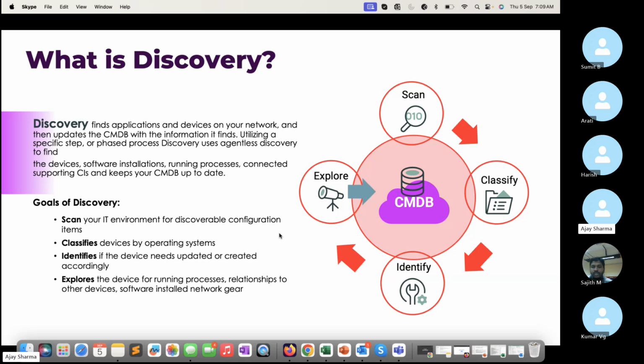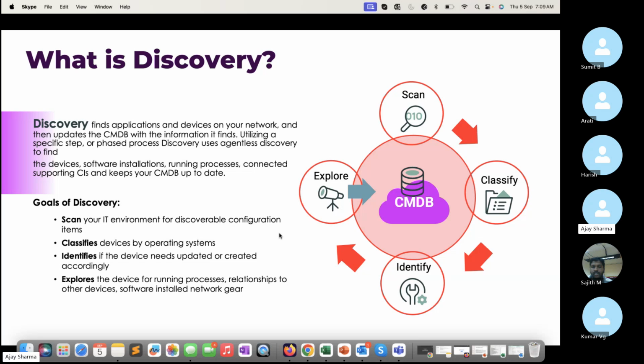5 seaters, 6 or 7 seaters, or like Kia Seltos or Maruti Grand Vitara, whatever, right? So we are trying to scan first of all what we want, basically what is good for my family and what is good for me economically, right? The same way, ServiceNow Discovery is going to try to scan the network first of all for